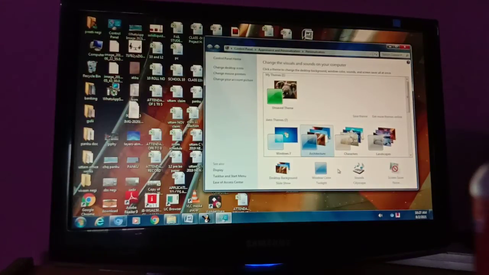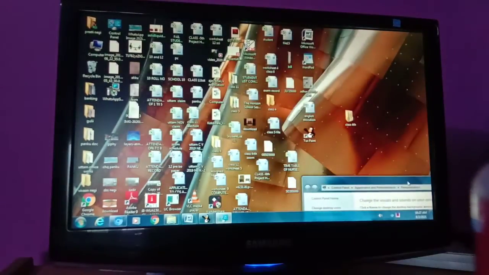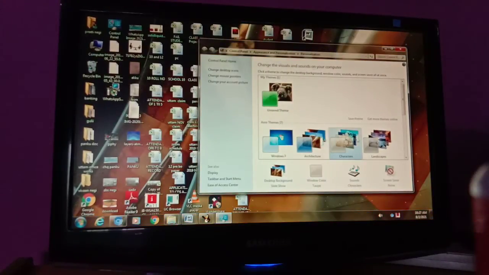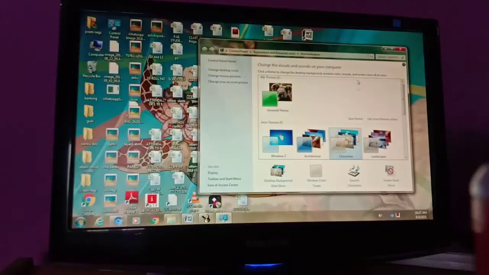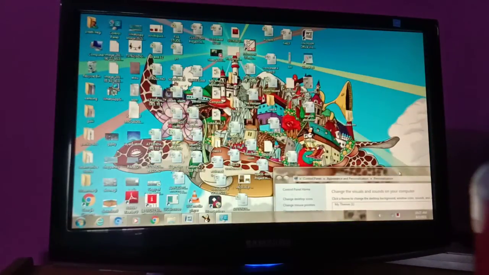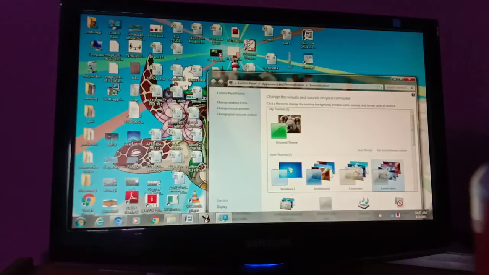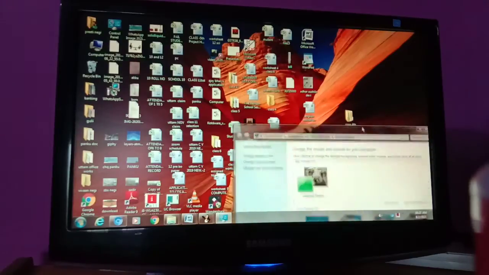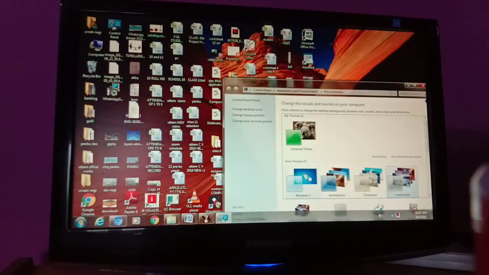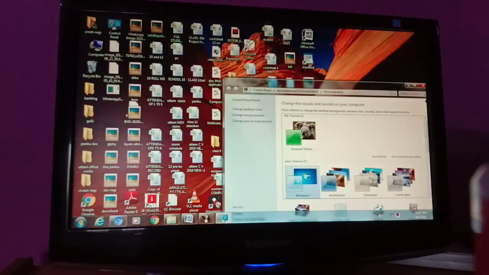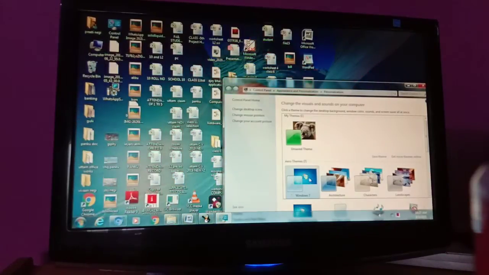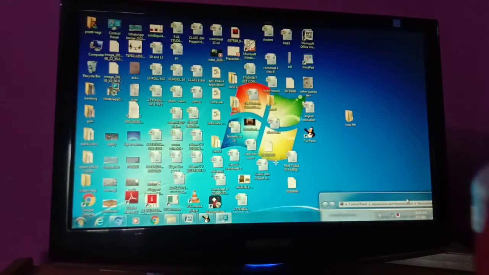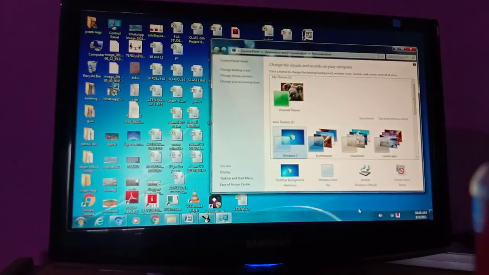If you are able to see, my background has changed from panda to this architecture theme. If I click on this type of theme, my background will change to this type of theme. And if I click on this landscape, then my theme will be converted to this type of theme. The default theme of Windows 7 is this. My computer already has Windows 7, so that's why this theme is available with me. This is your Windows 7 theme. Clear to everyone? So this is how you can change the theme.